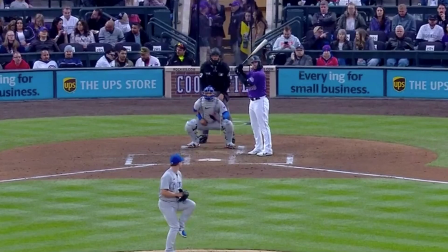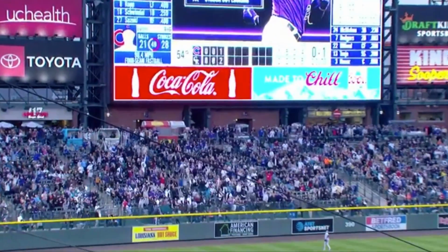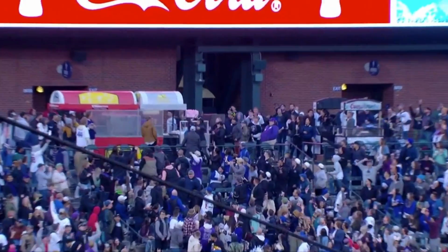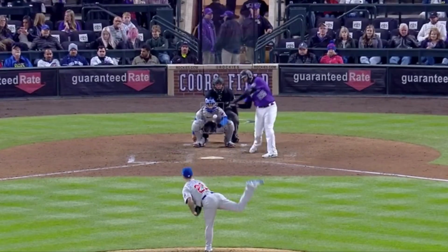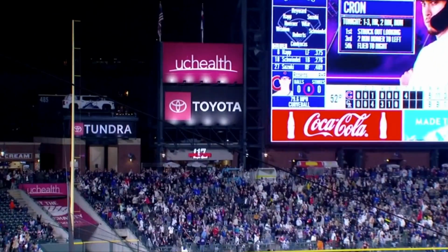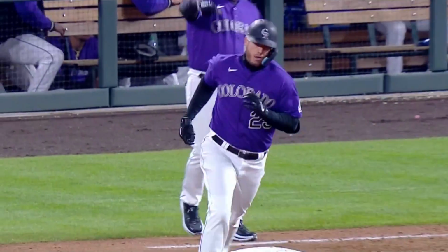Mark Leiter Jr. gets the start for the Cubs in Game 3. He's here giving up a 2-run shot again to C.J. Cron to give the Rockies a 4-1 lead here in the 3rd. Not a whole lot of good things happening on the Cubs end of this one, so we skip to the bottom of the 7th where C.J. Cron hits his 5th homer of the year off of Ethan Roberts in the left field bleachers to give the Rockies the 9-5 lead, end up going on to win the game 9-6